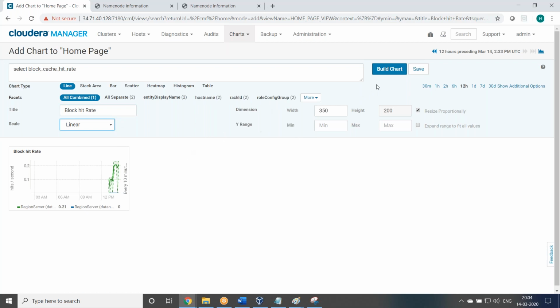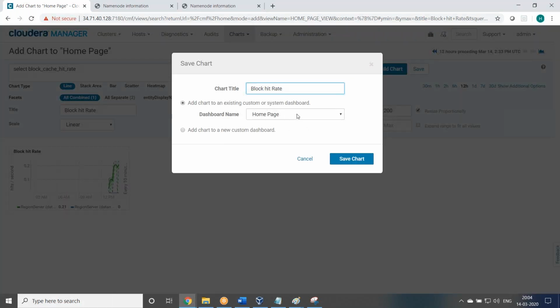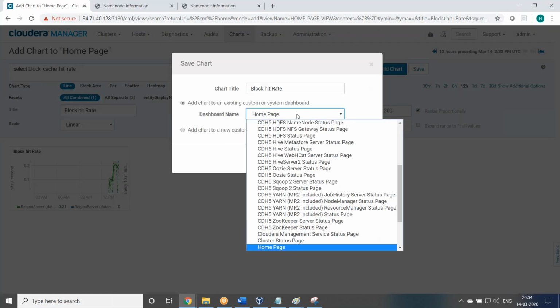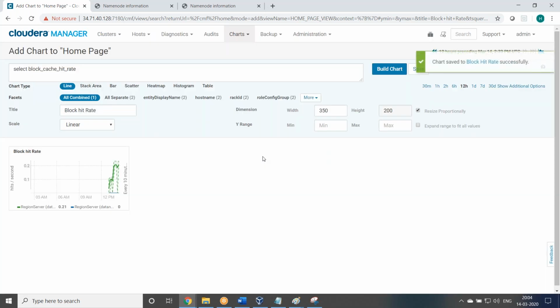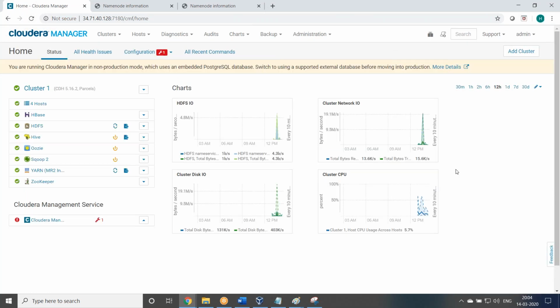Then finally heat maps, table, okay. CDH homepage, okay. So dashboard name, block, iterate. Now it will display. You see where it is, it's not showing still.